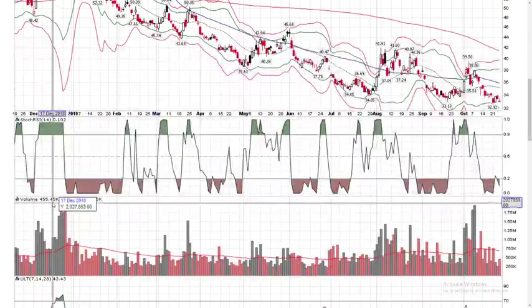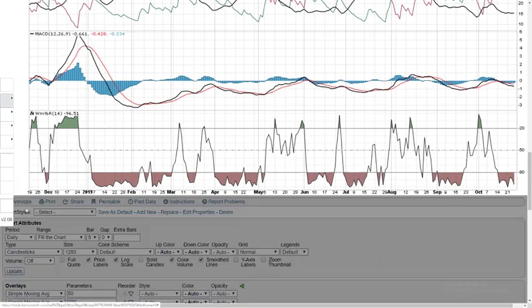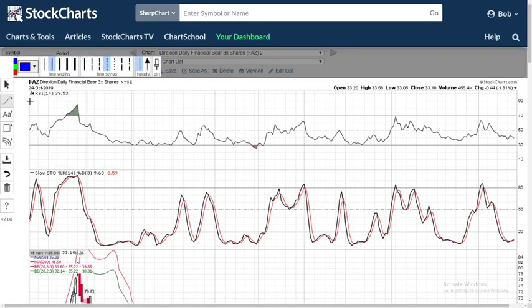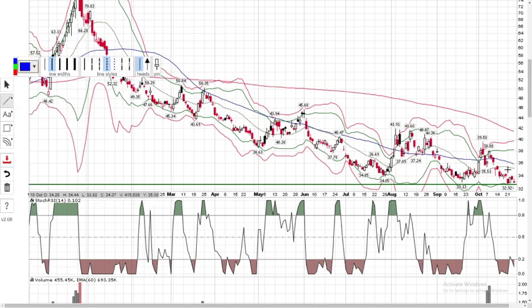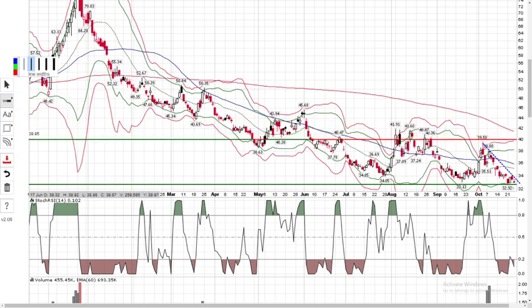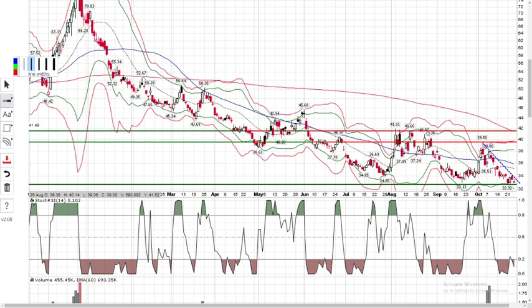Could we look to get long at some point in the future? Sure. If you were speculating on this and you wanted to do it right now, I would be fine with it. But you've got to use a tight stop right below 32.92. Keep that position small so you don't absorb any major losses, and then look to add on a rally up and through $34 per share. And then as we begin to clear resistance levels,